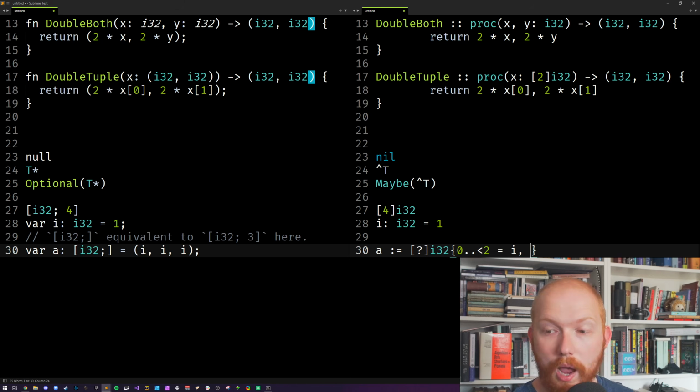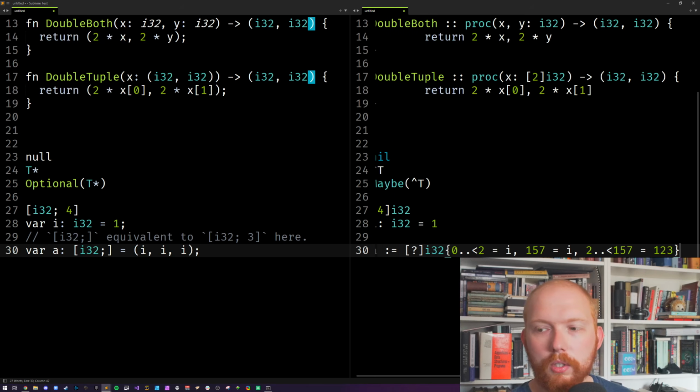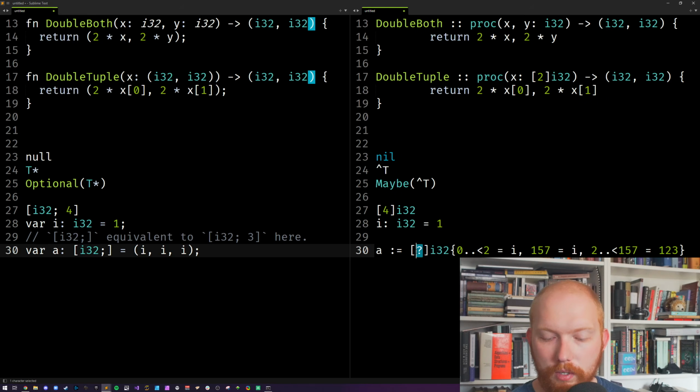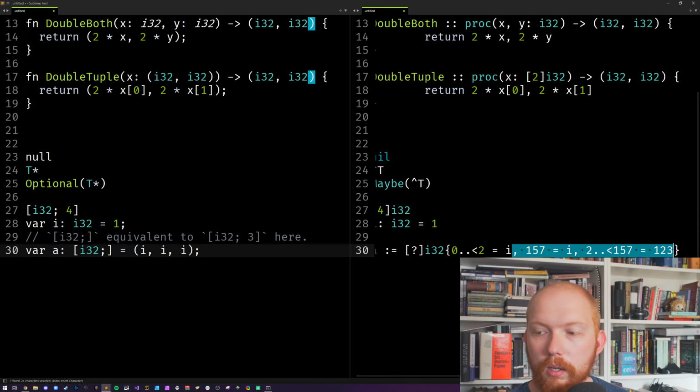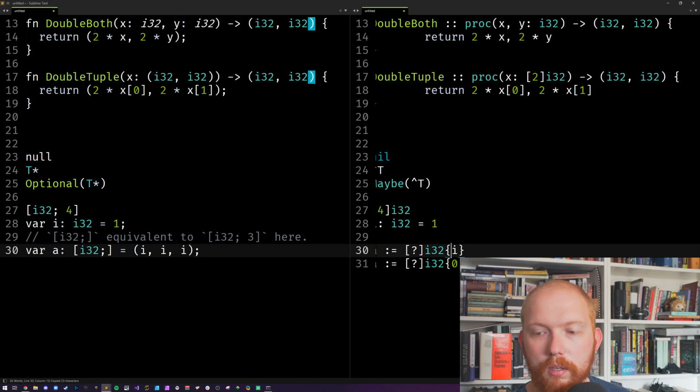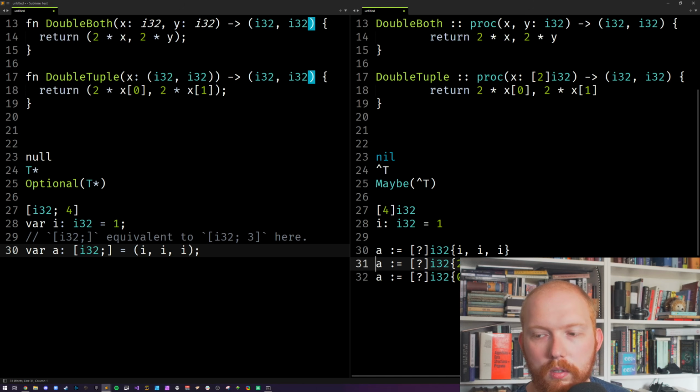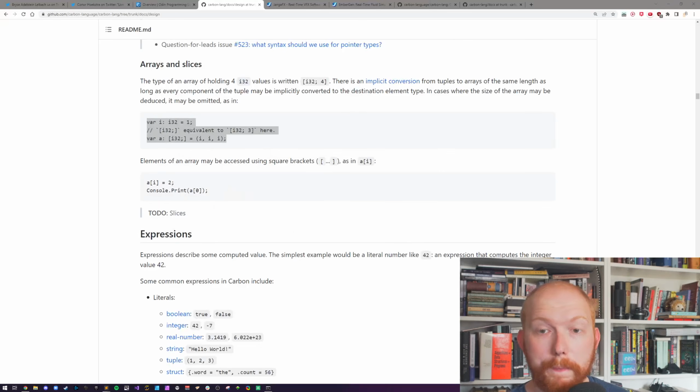Sometimes you can do this. I could even do 157 equals I, and then I could do the rest after this if I wanted. So 2 to 157 equals, I don't know, 123 if you wanted, and you could just do that, and then the compiler will go, oh, this is 157 here, it needs to fit in there. Thank you, compiler, because it's simple. But yeah, Odin is a lot cleverer in many cases, and I'm just going to write out all of the different cases you could do, and there we go. Wonderful, right?